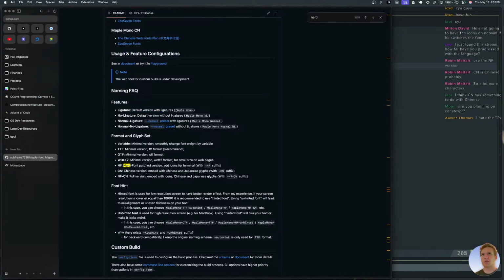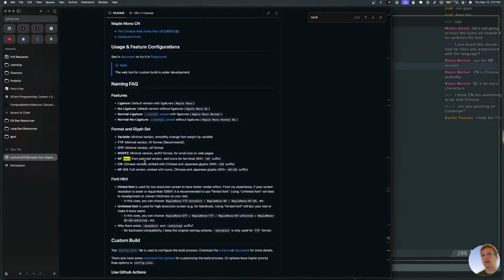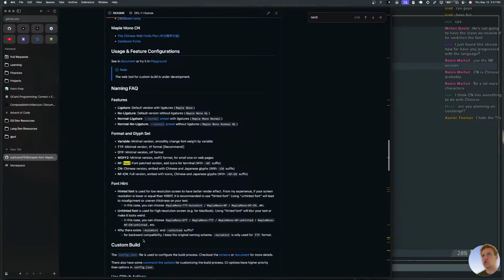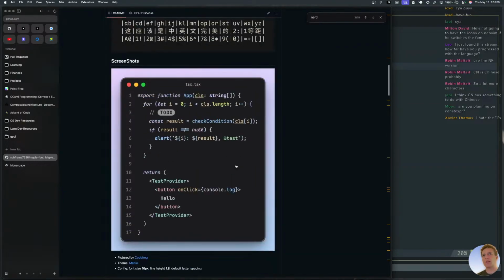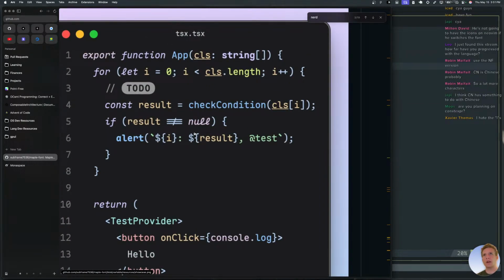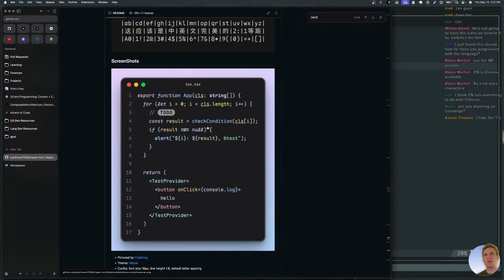Ligature, default version with ligatures. Normal ligature. By default, it comes with ligatures. I just kind of wanted my two L's to go together like that, but it's okay. I guess we'll be fine.